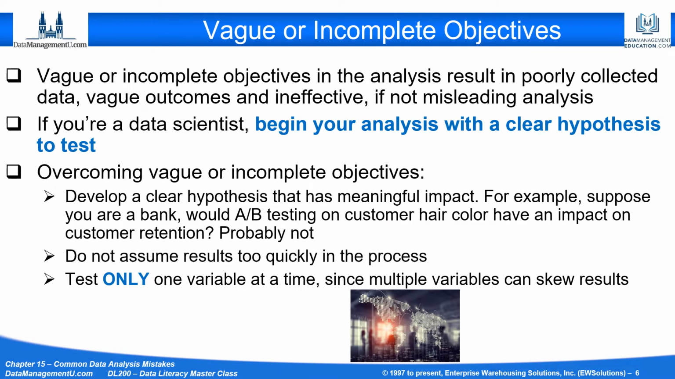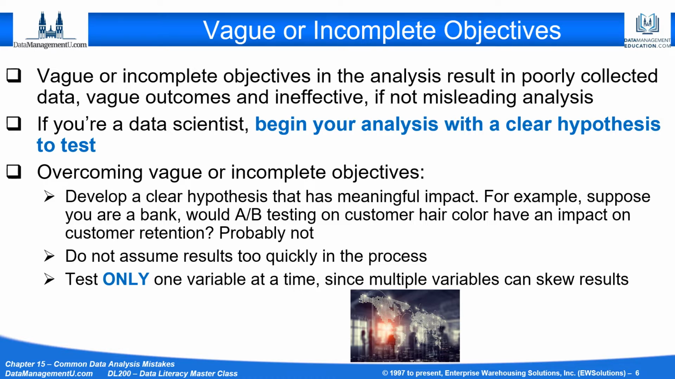Vague or incomplete objectives for an analysis is so common. And when you have this situation, it can result in poorly collected data, vague outcomes, and ineffective, if not really, a straight out misleading analysis. If you're a data scientist or really a business analyst, better begin your analysis with a clear hypothesis to test. Some of the key ways we can avoid vague or incomplete objectives is, hey, 1, develop a clear hypothesis that